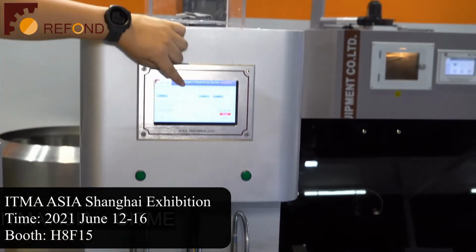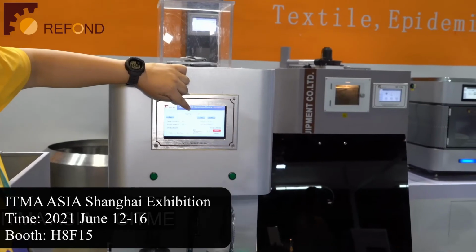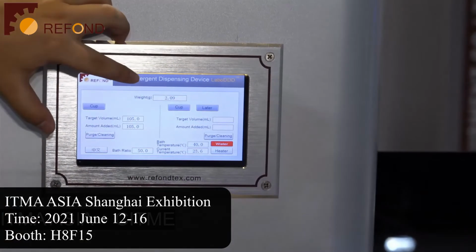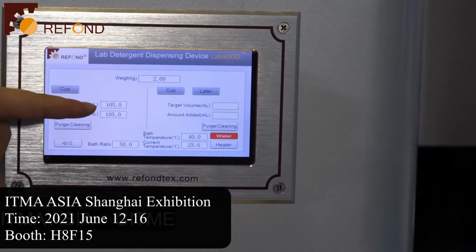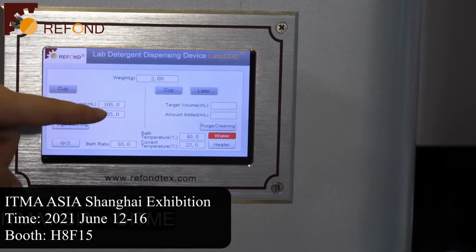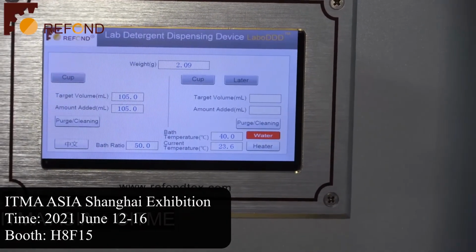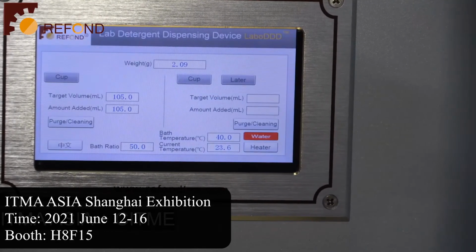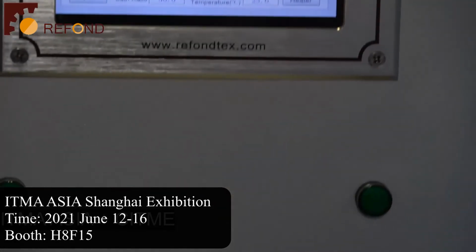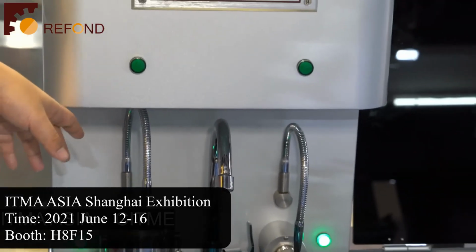The weight of the fabric is measured to 0.01 gram definition, and the amount of detergent to be pumped is controlled to 0.1 milliliter resolution. The filling procedure for one specimen and one test container is about 15 seconds, which greatly reduces the human effort